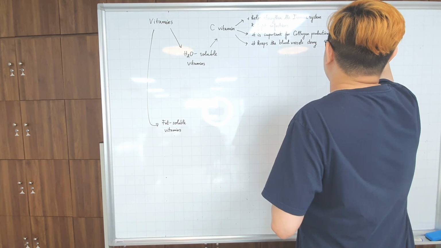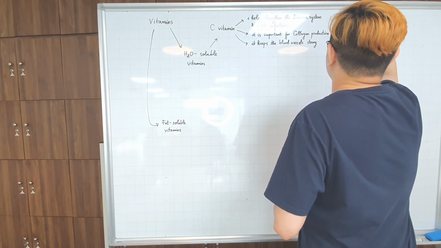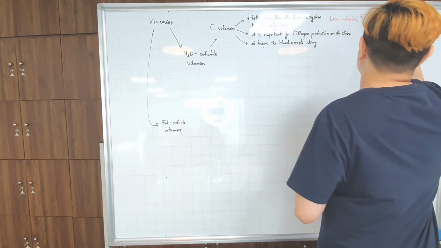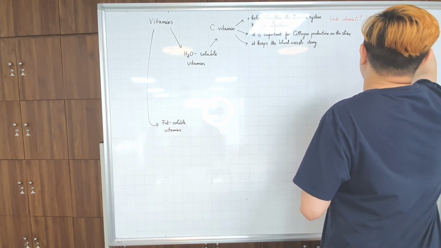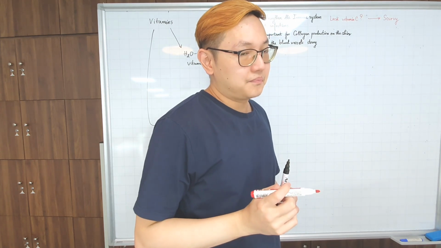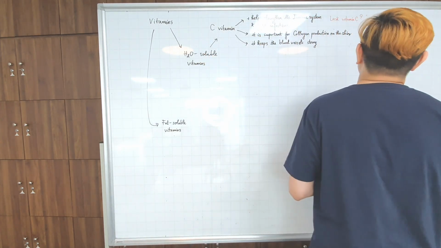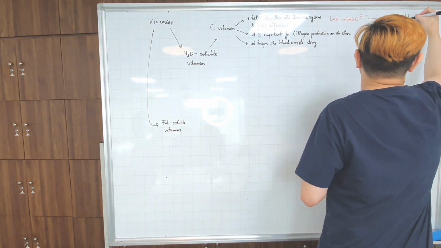Like vitamin C, what does it lead to? Scurvy. Bệnh lở miệng, bệnh cái vitamin C nó gây ra chảy máu. So basically scurvy, it leads to scurvy. So bleeding